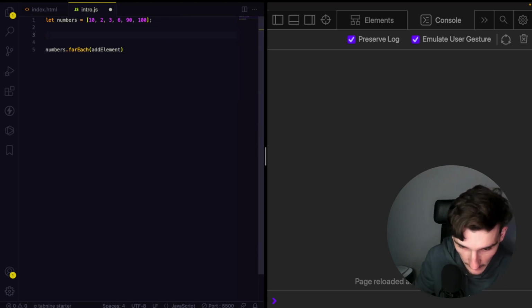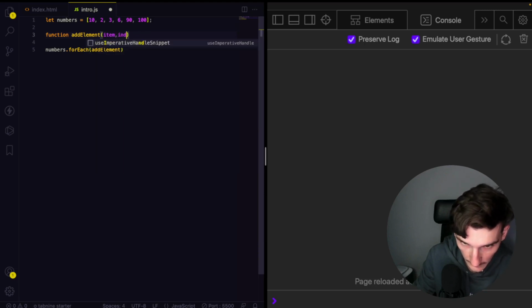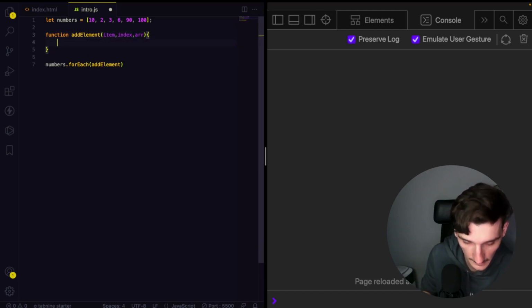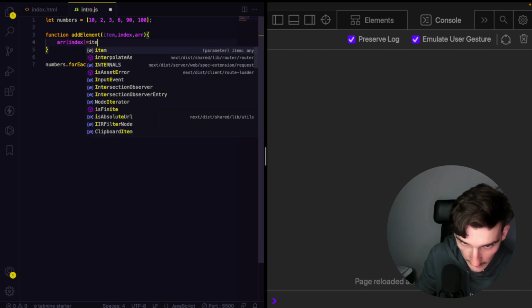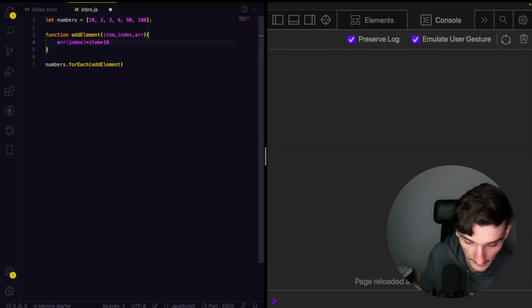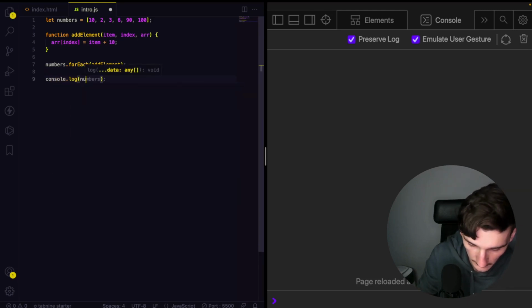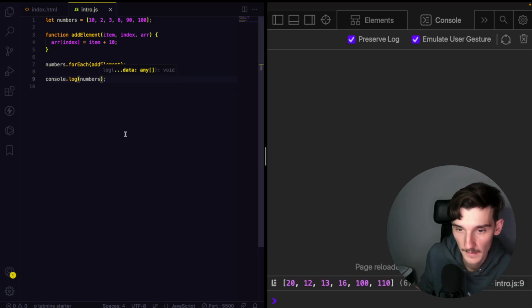I will declare there the function addElement, and here I will pass item, index, array, and array index is item plus 10. Then I can console log,